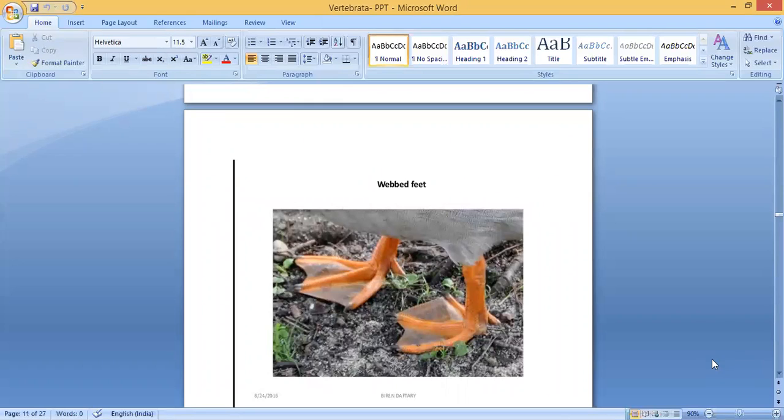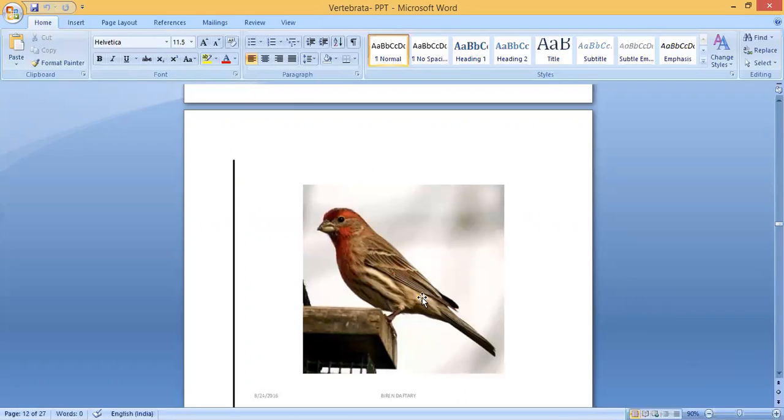Here you can see the bird, you can see the web. This is the skin, this is called web, webbed feet. What is the use of this webbed feet? It is used for swimming. So these are aquatic birds, water birds, they can swim in water. So this is the bird, you can see here head, then neck, then trunk and tail. Clear? Here you can see the beak and the body is covered with feathers.